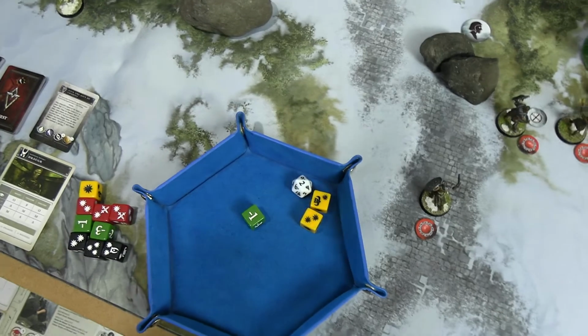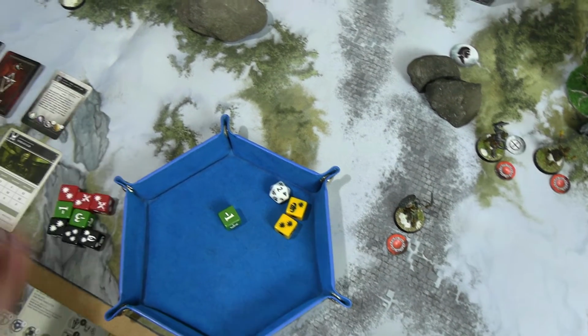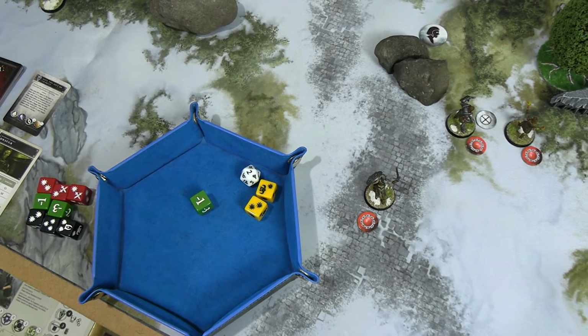For 3 damage, does the Dragonborn symbol do anything? It has piercing 1, so it ignores 1 of my armour. That's not good. The Dragonborn's armour, I didn't throw up a block, so...